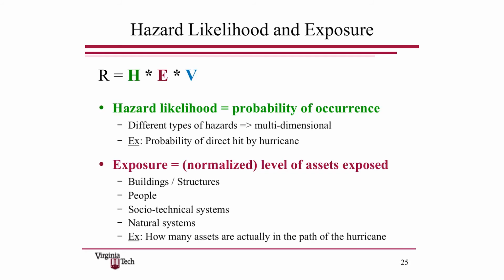Okay, and so it's a very easy, natural way of incorporating that perspective and coming up with very similar results in terms of trying to understand this notion of risk. Okay, so the hazard likelihood is the probability of occurrence. There's different types of hazards that might occur, and so the probability of a hurricane occurring at a particular time of a particular strength in a particular location is one thing, but what's the probability of flooding, what's the probability of a storm, et cetera. You've got different hazard likelihoods that you might need to characterize if you're trying to look at the risk for